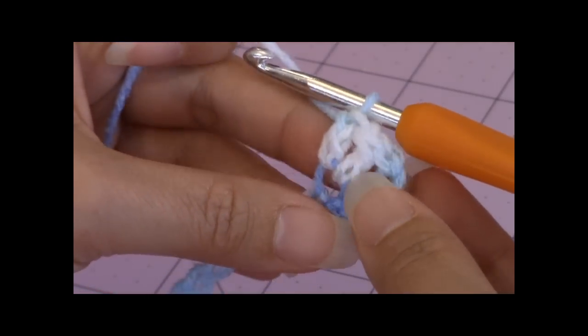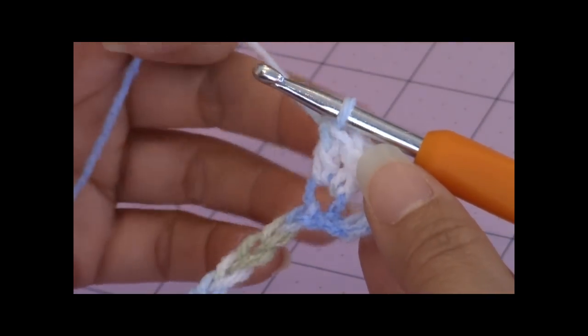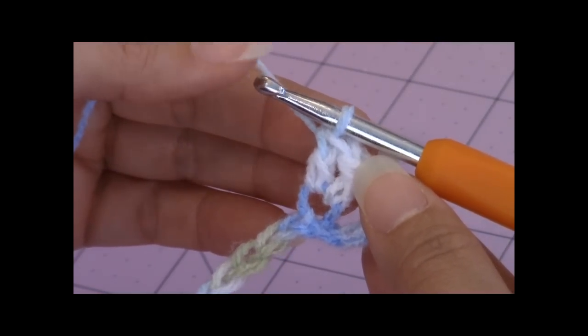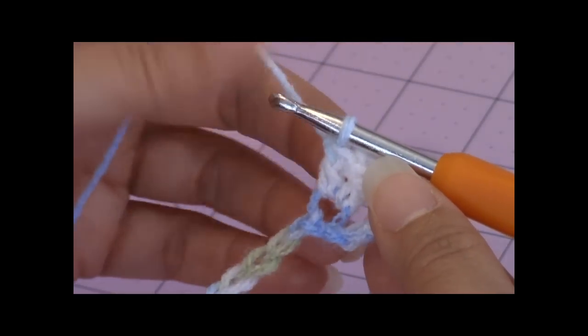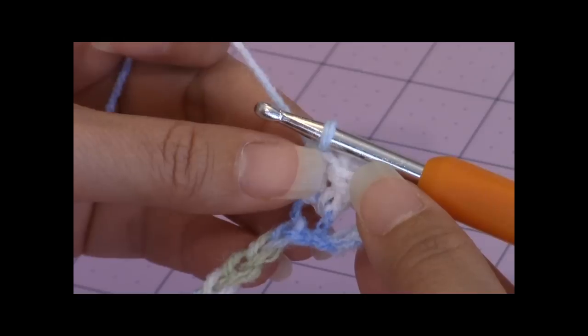And then you're going to make what's called a picot stitch. You can have different sizes for your picot stitch. A lot of times I see a chain 3 for the picot stitch, and they make great borders for blankets. But for this baby blanket, for the picot stitch, and picot is spelled P-I-C-O-T,